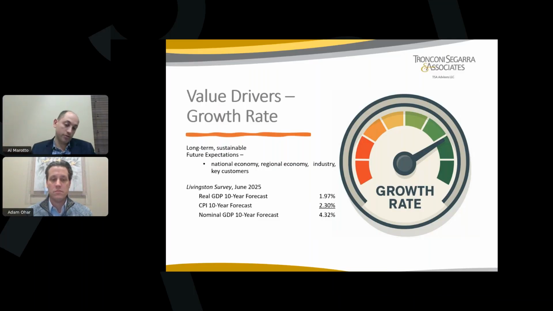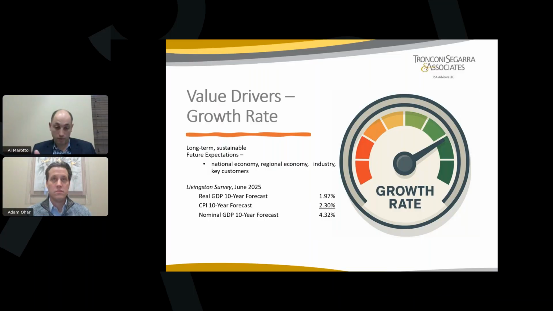So you combine the two, you get nominal GDP, which is essentially showing what is my growth in overall goods and services sold, and then what is my growth in the prices of those goods and services sold, to capture total overall growth in my business, or in the U.S. economy in this instance with the Livingston Survey. So using that 4.3%, we use that as our peg or our target. We're never going to go above 4.3%. Doesn't make sense. A company can't grow faster than the U.S. economy. Theoretically, if that was the case, your business would overtake the U.S. economy eventually. So we usually peg your growth rate around 3 to 4%.